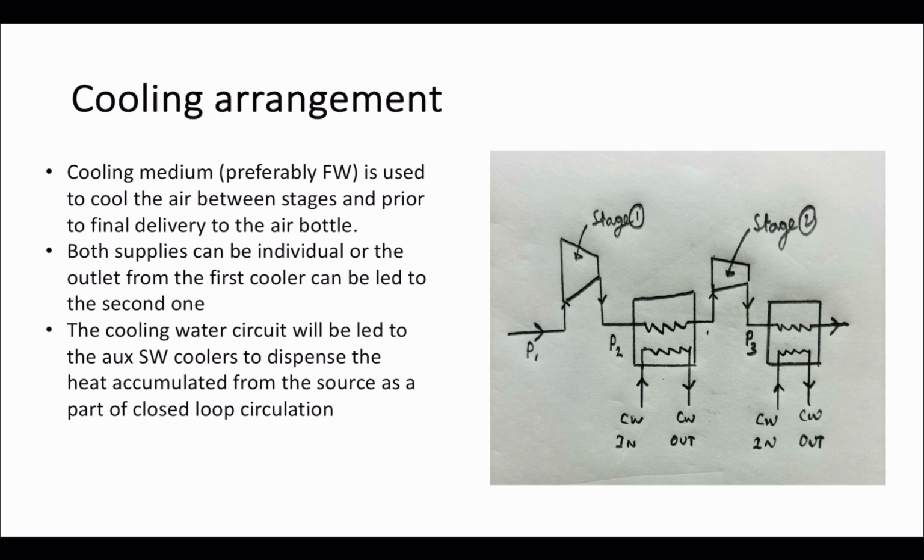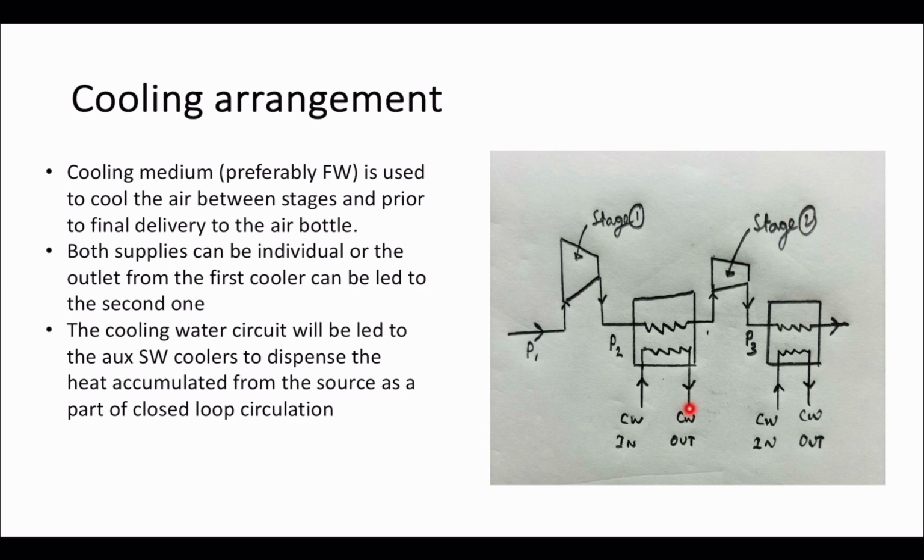and then this air enters into the second stage of the compression system. The discharge from both the lines from both the coolers can be going into a common discharge line, or there can also be a system where the discharge from the first stage, that is the intercooler stage, a part of it or all of it, can be used into the inlet side of the aftercooler to further pick up the heat and to gain better efficiency out of the cooling water system,